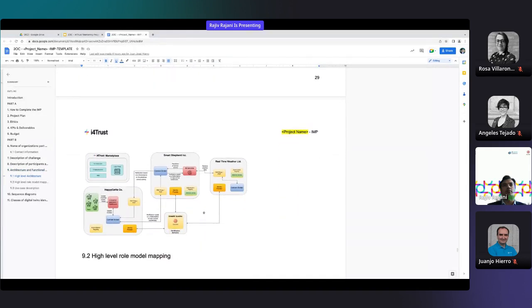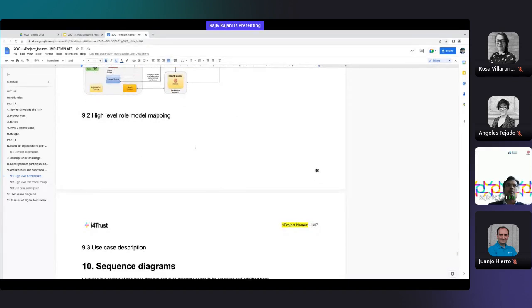An example of an architecture diagram is given to you. Of course, you need to replace this with your own diagram, but this is given for you as a reference of how we include all the necessary elements in an architecture and how we depict it. So you can take inspiration from this and develop your own diagram, which is relevant for your experiment, and place it here.